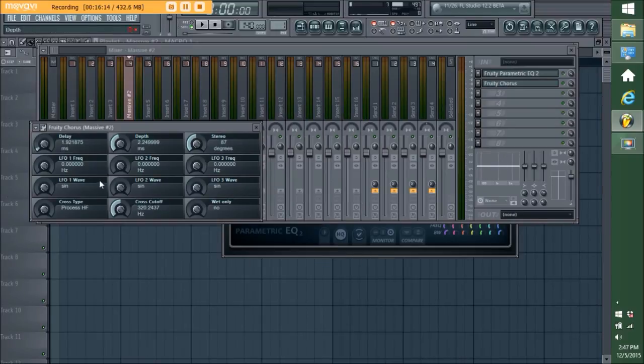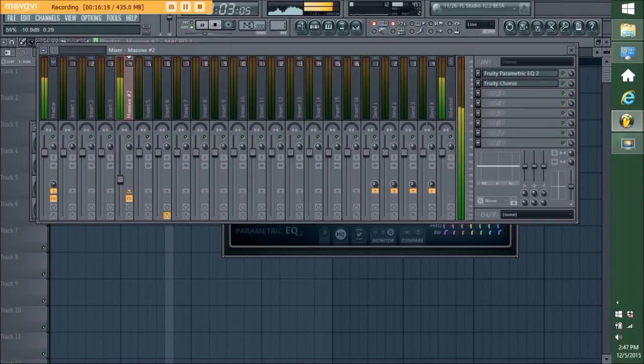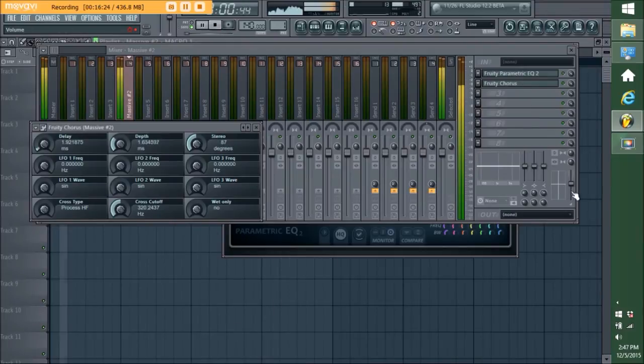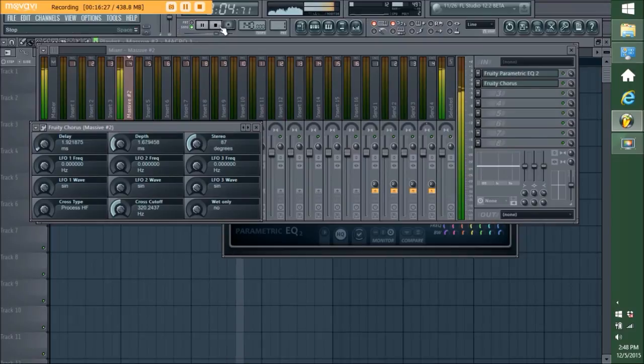And hit accept, and you're going to see the depth working now. And now you can see the depth of the chorus working together, everything working together with just that automation. And this is, like I said, great for hits on the one, pretty much anything,